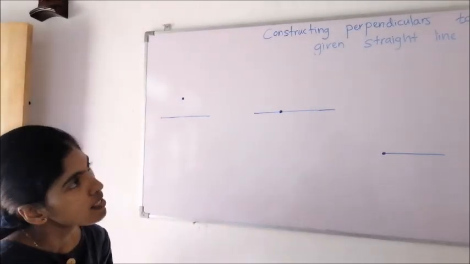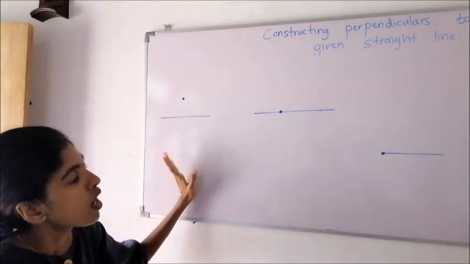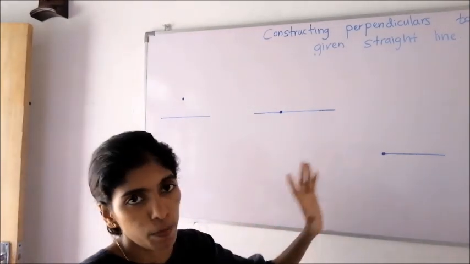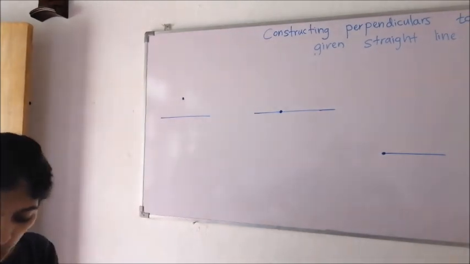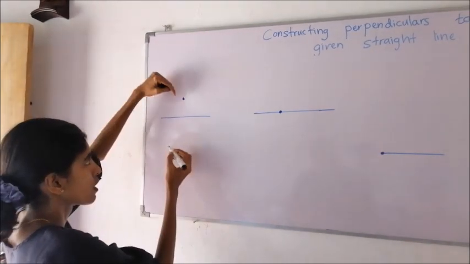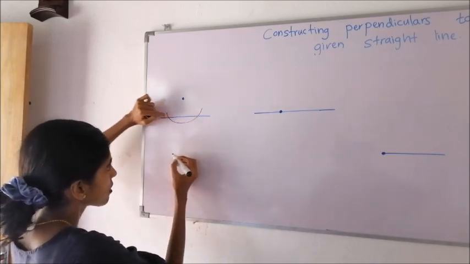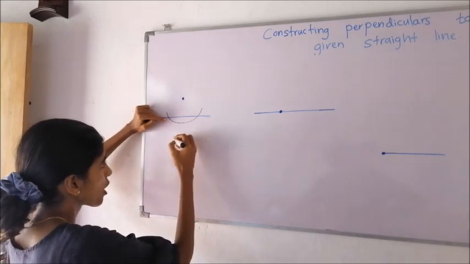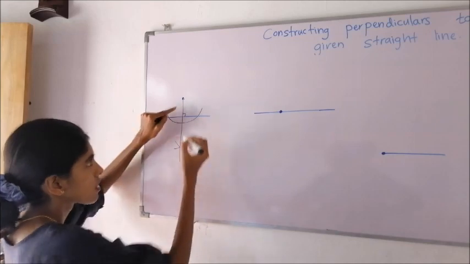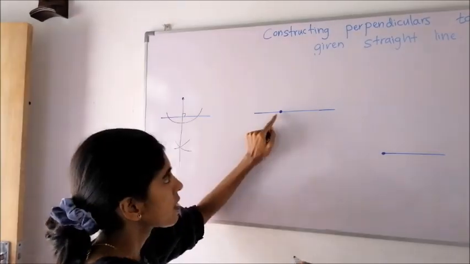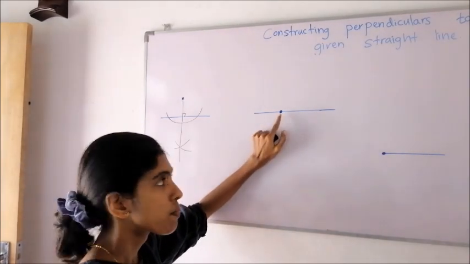Now children, the summary of what we learned earlier. We will learn how to construct the 4 types of perpendiculars. See, to a given straight line, from an external point, we can construct a perpendicular. From this point, draw an arc, and after keeping the middle point at these 2 new points, draw another 2 arcs, then join the external point and this intersection point. This is the perpendicular.